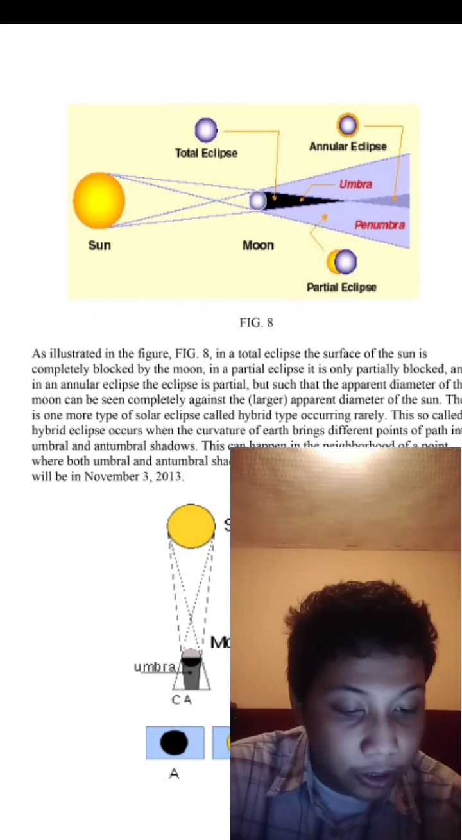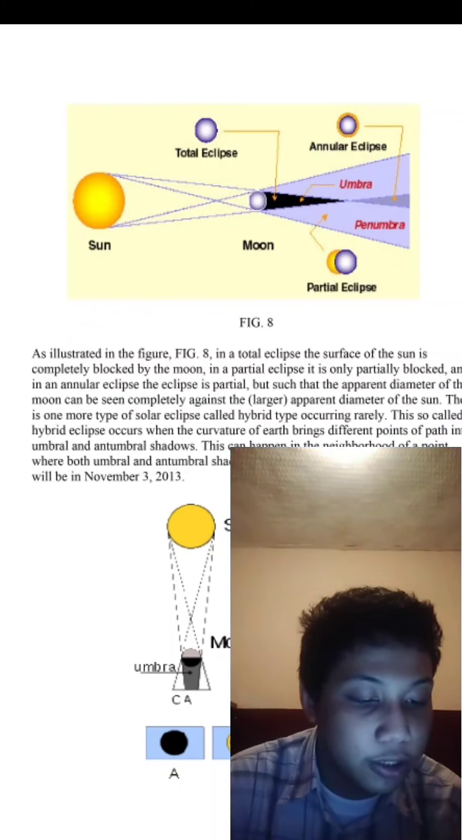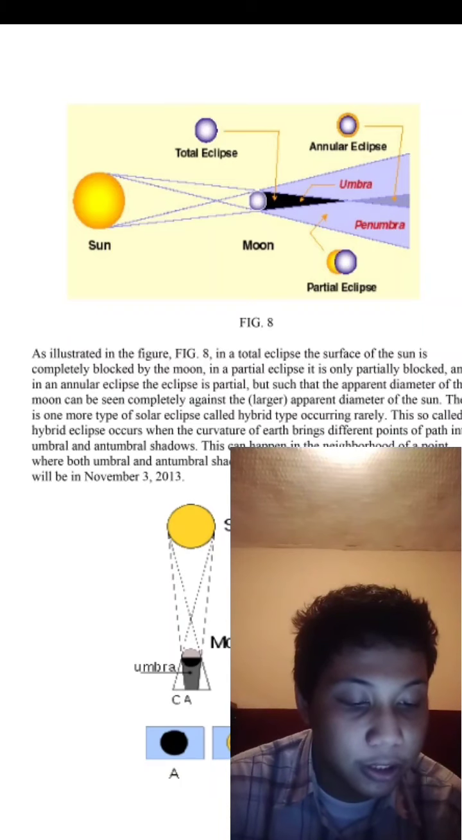3. Artificially created solar eclipse. We now proceed with the discussion of our main object, the creation of